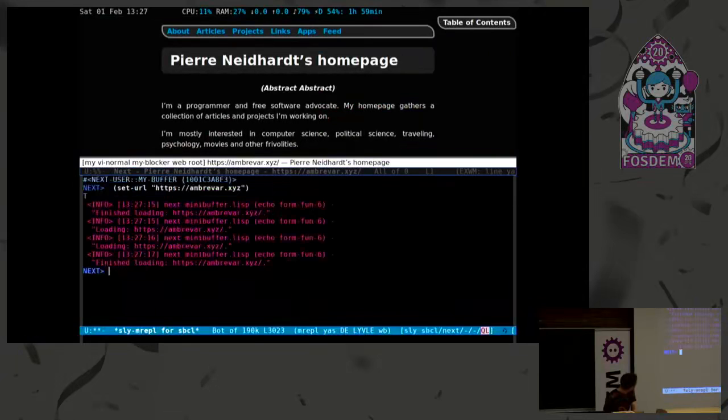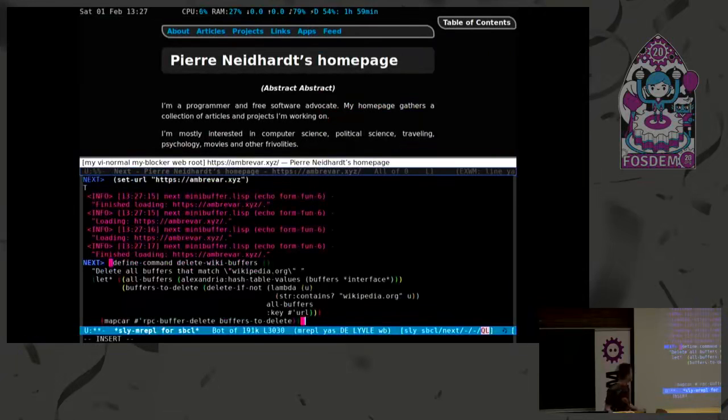So I copy paste this. Okay, there. So this is essentially a command that will repeat what I just did. I want to delete all wiki buffers. Say I keep doing this all over again, all the time. Well, maybe I want to write a function that will essentially loop over all buffers, match all those that match Wikipedia, and delete them all.